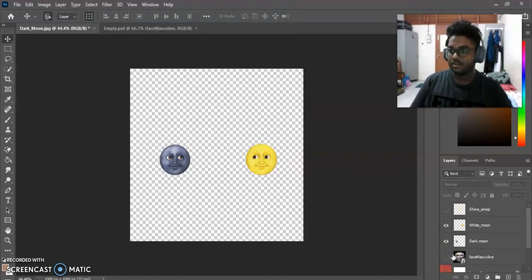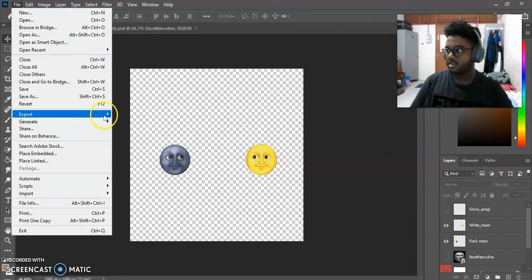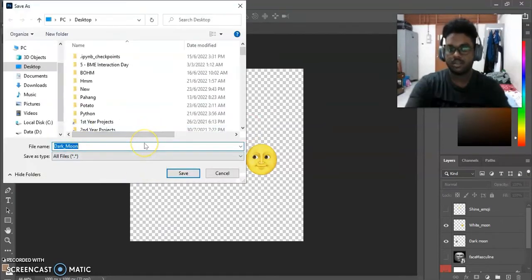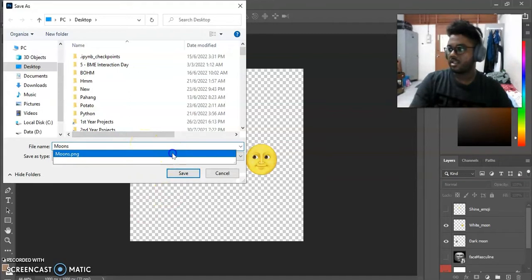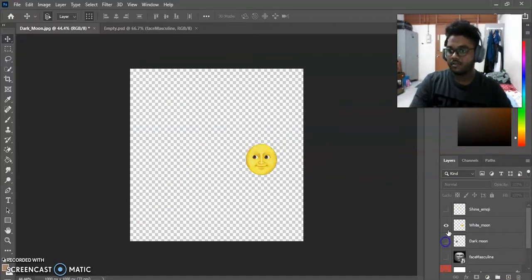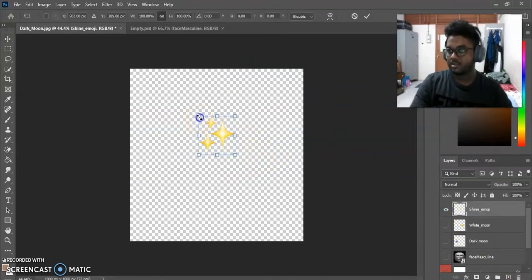And then what I have to do of the template, and then you shall export as PNG the files. So I will name it as moons, and then I can save it. That's all. And for the star, this is I want this to be later on at my eyes, to appear